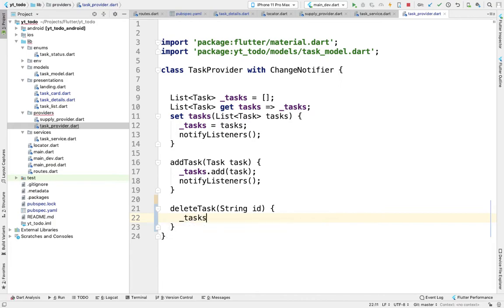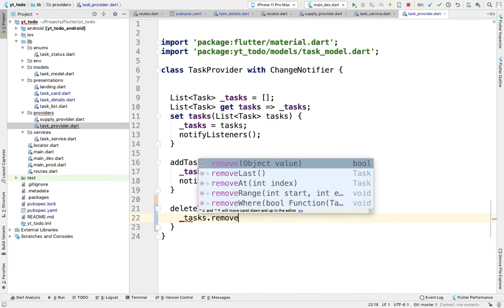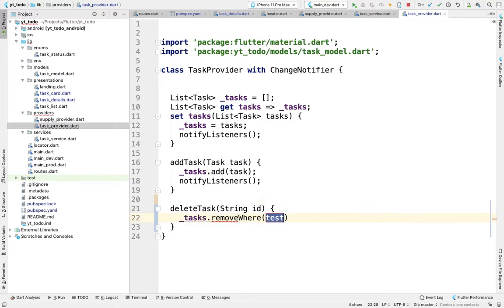So tasks dot remove where ID equal to ID. Okay, arrow function does not work in Dart. Nice.